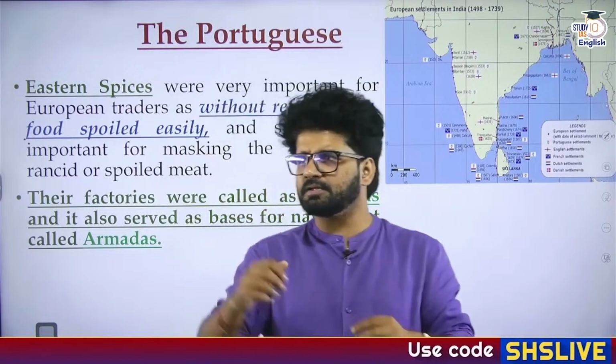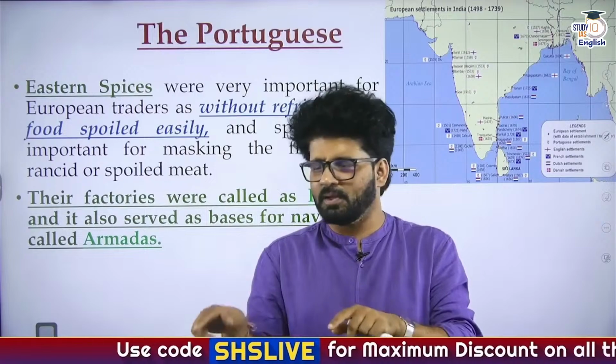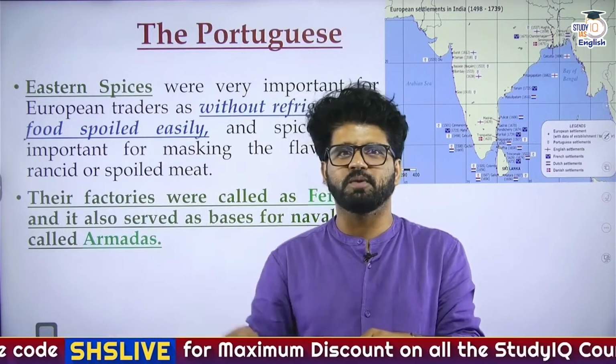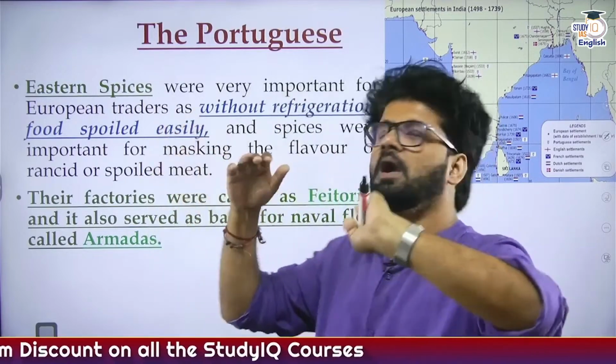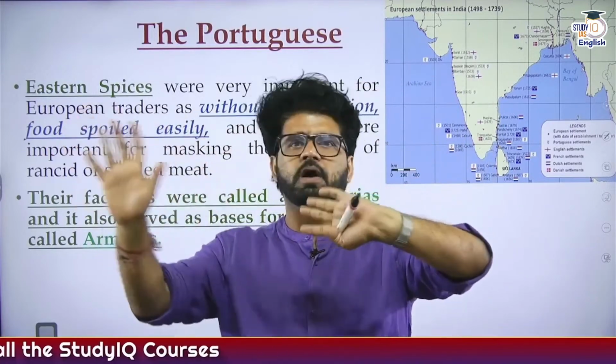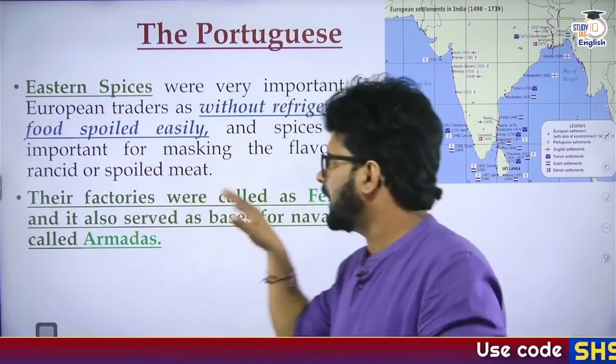If we talk about intermediaries per se, would you want intermediaries? Let's say you have to talk to B. Would you want C in between you? Nobody wants a person who will come between two other people in every sphere of life. So European traders did not want Arab traders to come in between them and the Indian trade. So that was also one of the reasons.